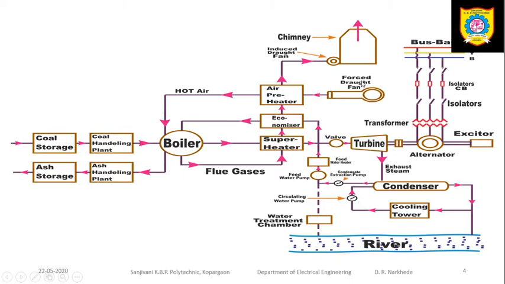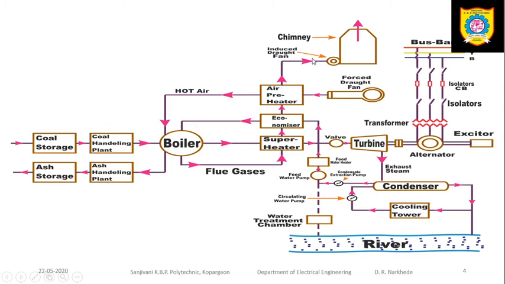My atmospheric air may consist of moisture. If I directly put that air into the boiler, the proper combustion of the coal does not take place and the thermal efficiency will decrease. So to avoid that, I am going to use the air preheater. The heat of the flue gases is used to increase the temperature of the air and remove the moisture.